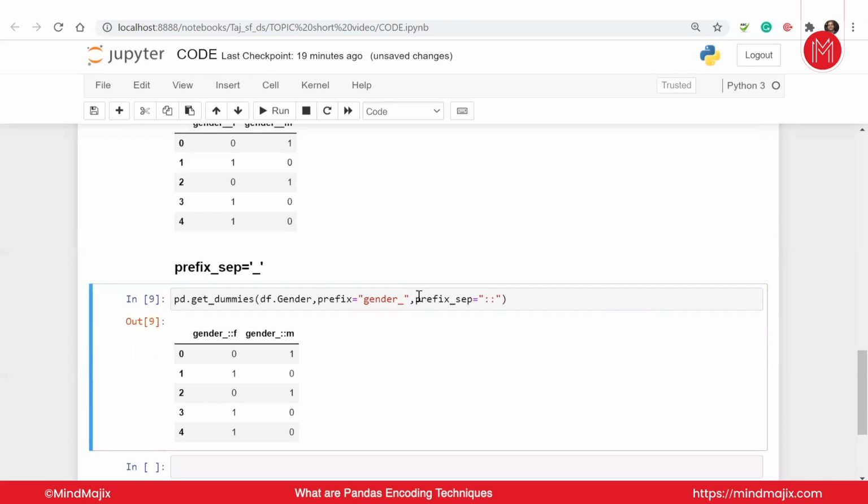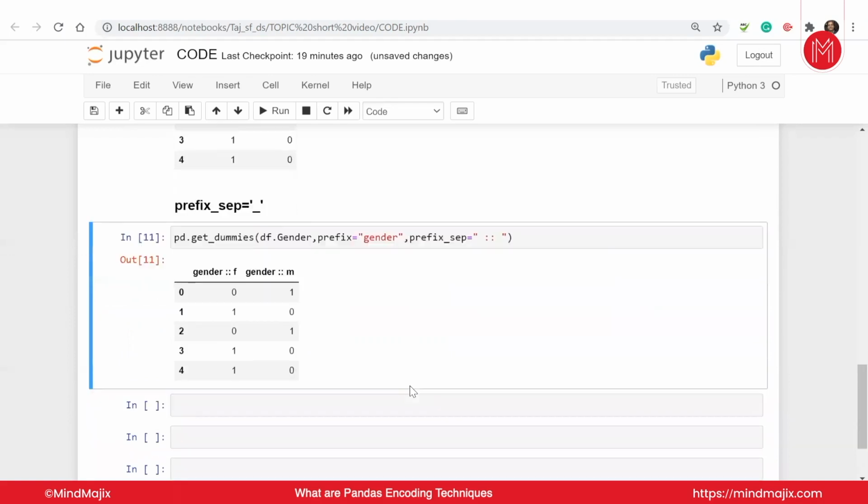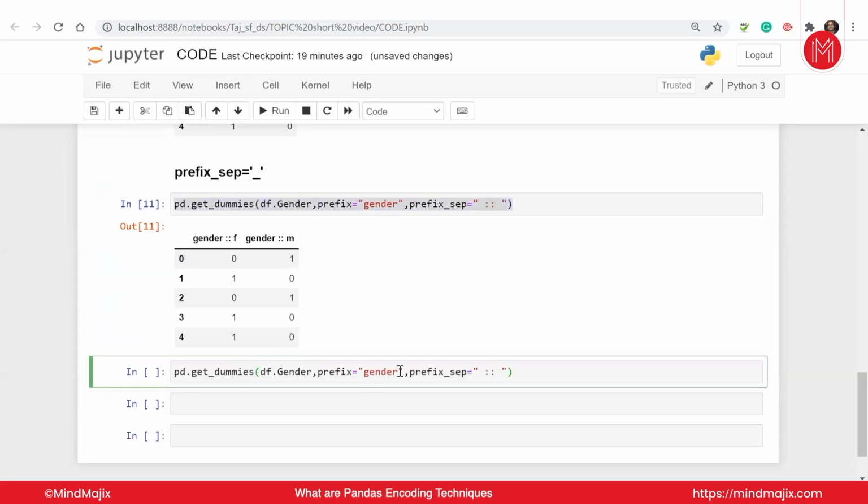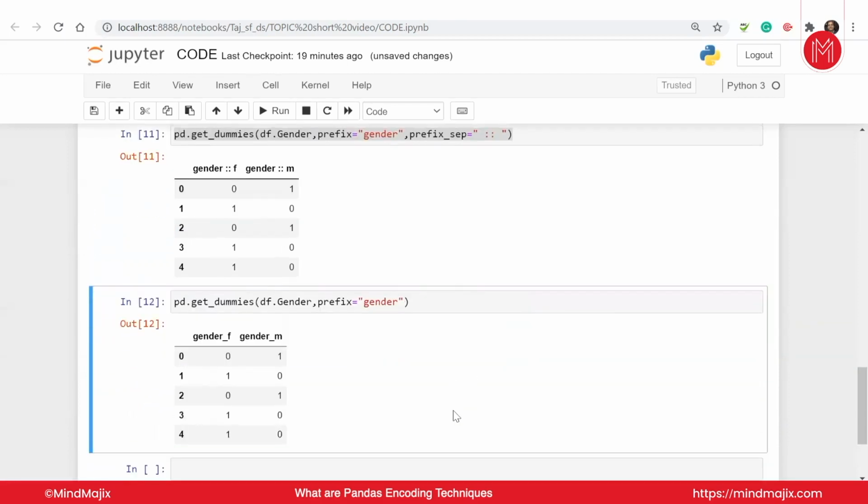So I can use it. Again, I have to remove the underscore so it looks decent. So I can use this as a separator too. I can provide a space front and back to make it look good. You can see that it is giving me simple gender double colon f, gender double colon m. I can use a dedicated space giver here. What happens if you don't do that, guys? If I just give gender, suppose there is no space in gender, I'm giving it directly. If I give it directly and use no separator here, remove this separator, we will see that it is by default giving a single underscore and giving the value.